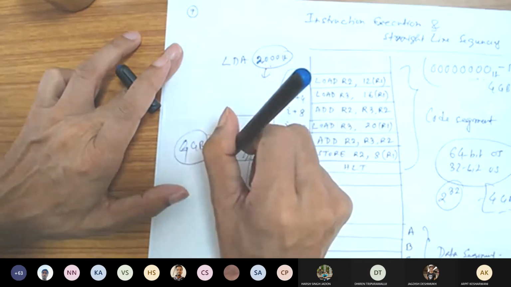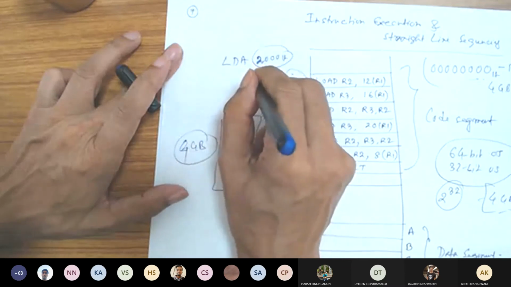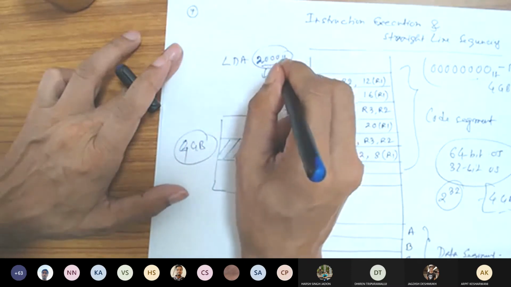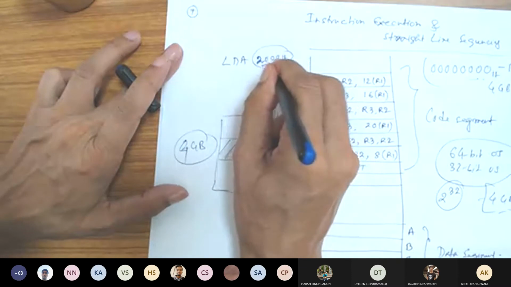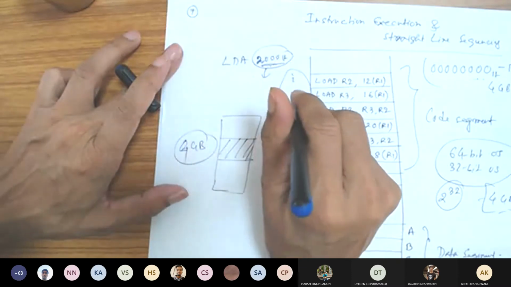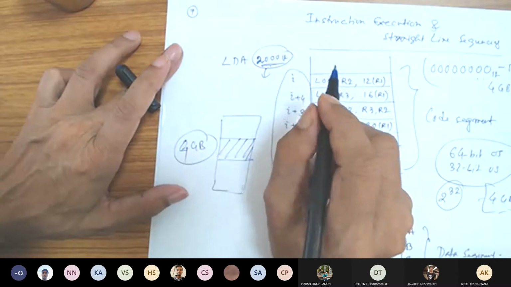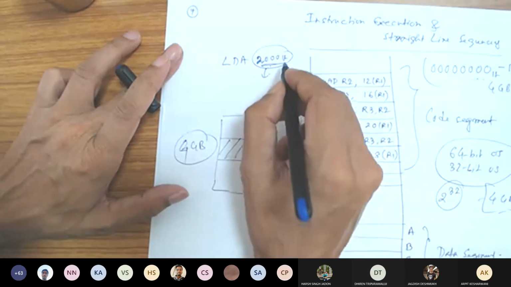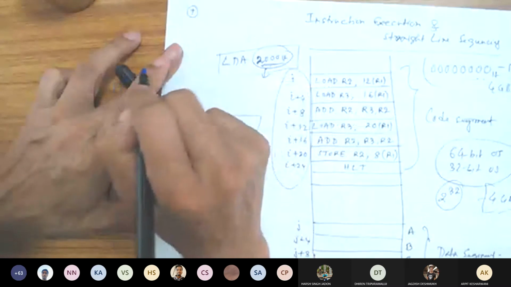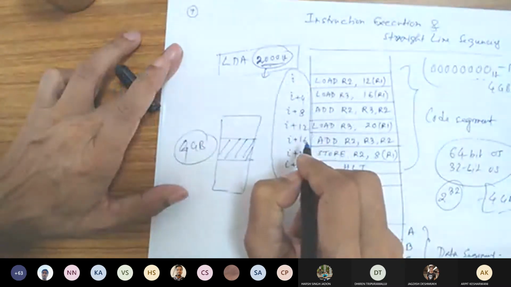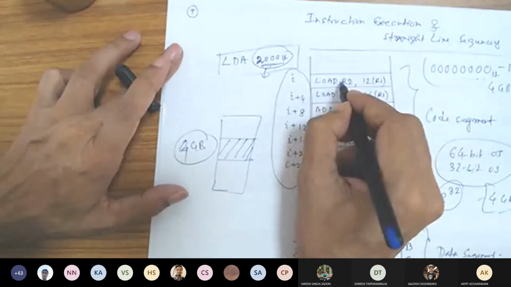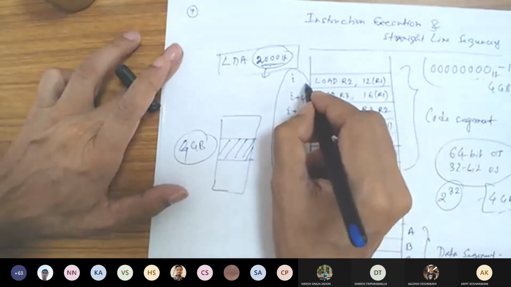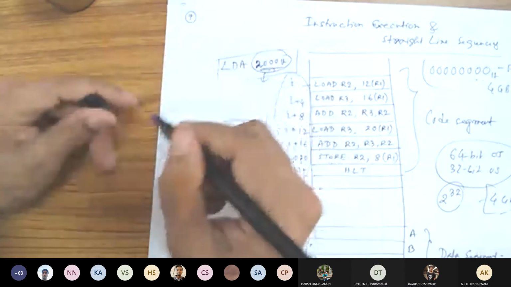That is the responsibility of the person who is writing the code to ensure that this is a valid address, and this is the desired address you want. Whereas in advanced machines, like in today's machines where operating systems do it, there is nothing that the user can explicitly write like this. The user will at max write like this. If he or she is comfortable writing an assembly program, then the operating system will convert these addresses into the physical addresses.